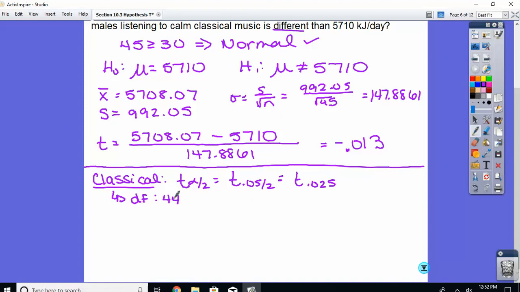So here's the problem. Go to your T table. Do we have a .025 column? Yes. Do I have 44 degrees of freedom? No. We have to go with the closest we can, which would be 40. Now, that means our answer is not going to be exact, but it's in the ballpark. So if you match those up, we get,